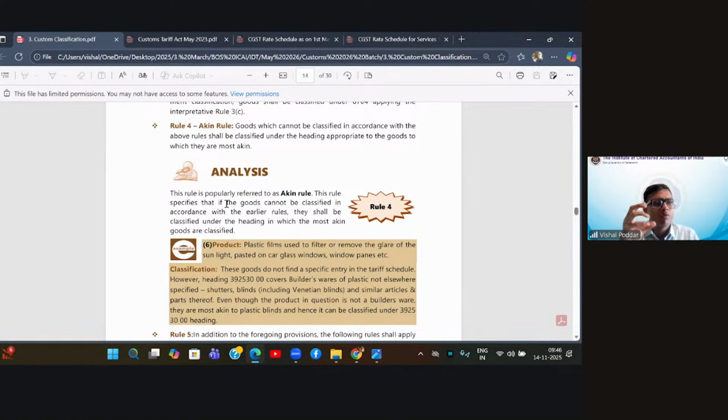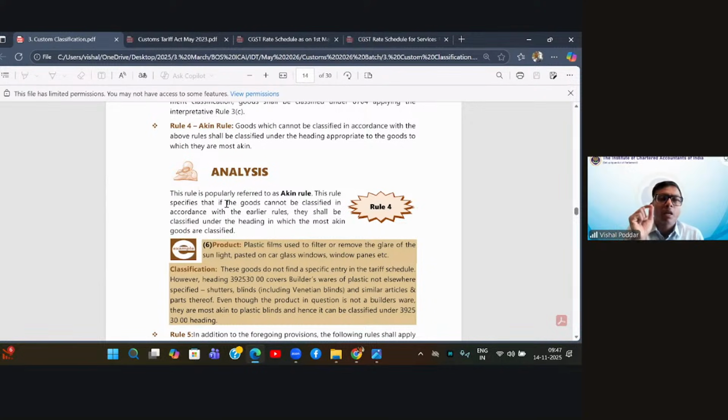Now, when a new product comes into existence and it cannot be classified above, Rule 4 helps. What does Rule 4 say? You may not find the name of a new product or a reference to the new product in any chapter. Maybe after revision, that product may be specifically covered in some chapter or in some chapter notes, and reference will be given on how this product has to be classified. But until then, you use Rule 4.